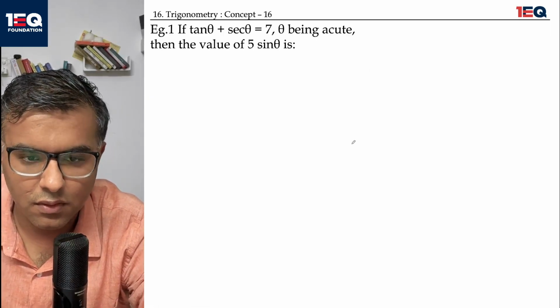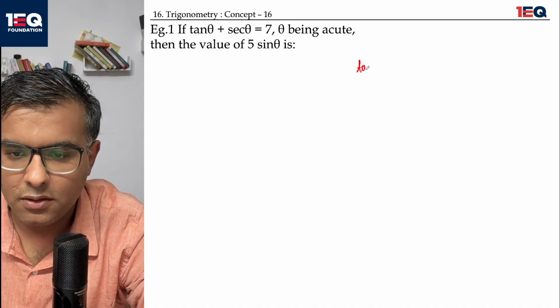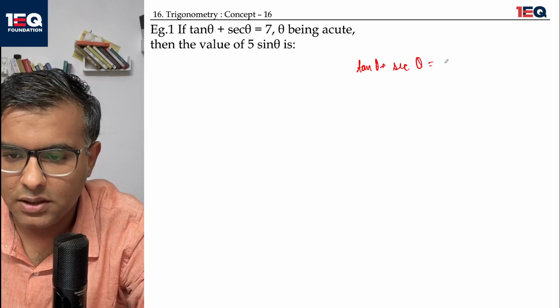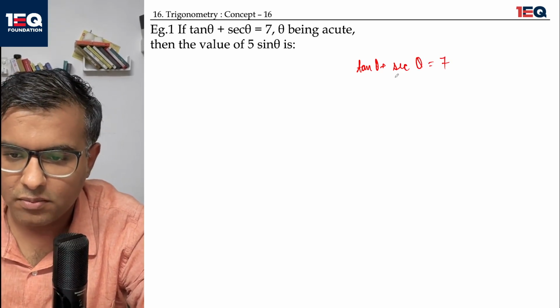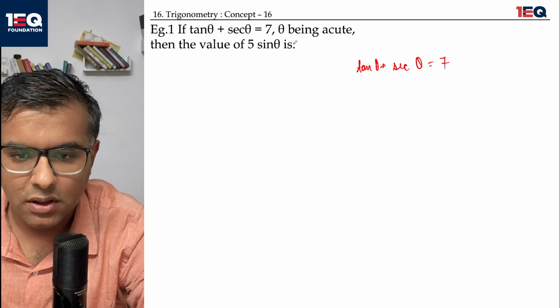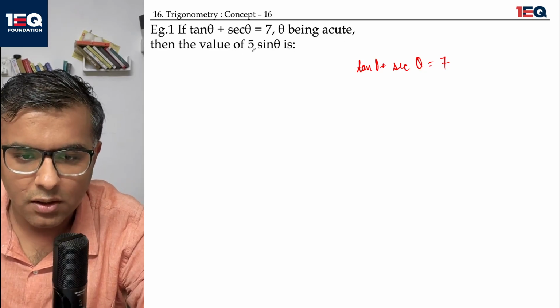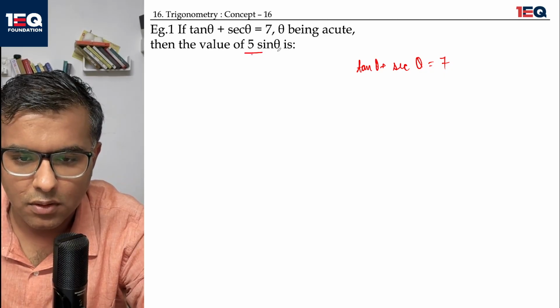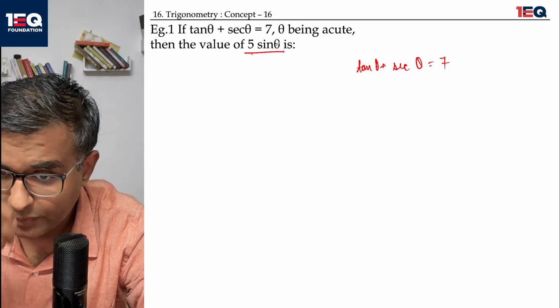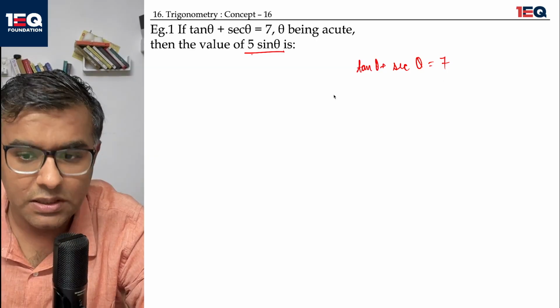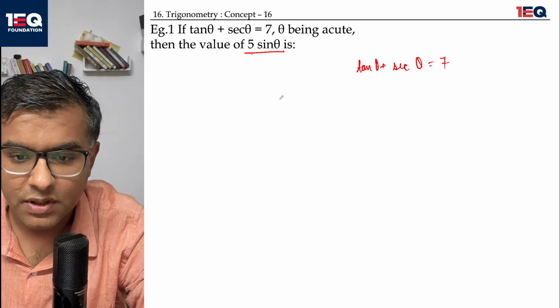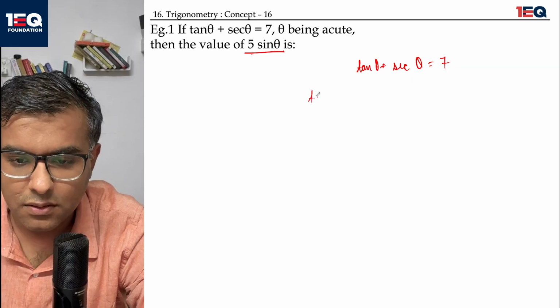If tan theta plus sec theta equals 7, and theta being an acute angle, what is the value of 5 sine theta? Okay, so there are two variables and there is one equation. That means there is an equation missing. The equation which is missing is